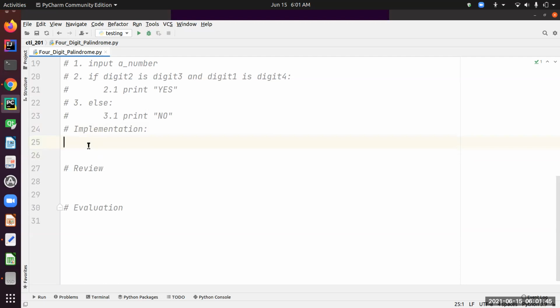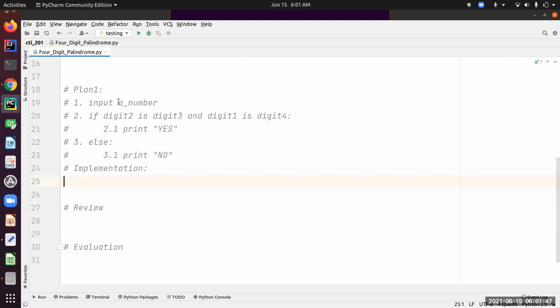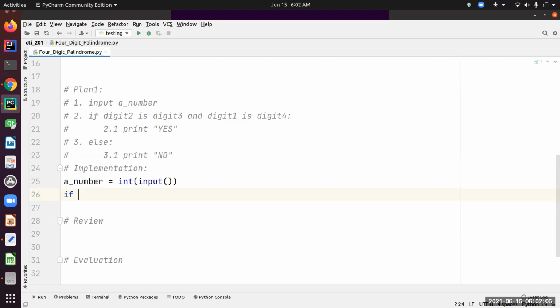So first we need to collect our number. Okay, so n equals int input, and then we can write the rest of the code. So now we know how to collect the digit 2, right? So digit 2 is